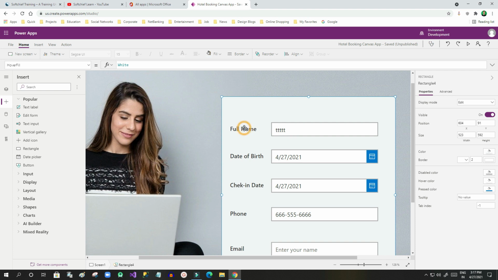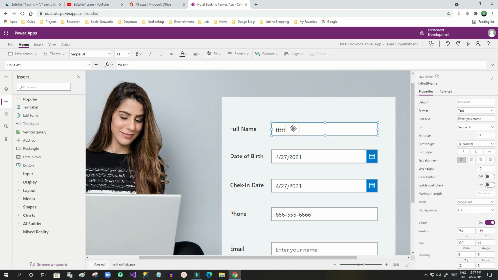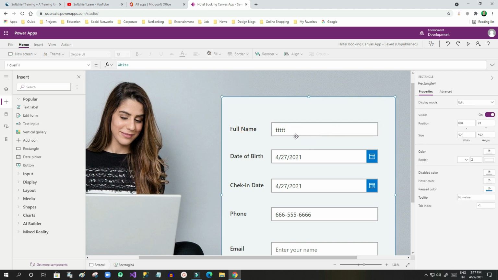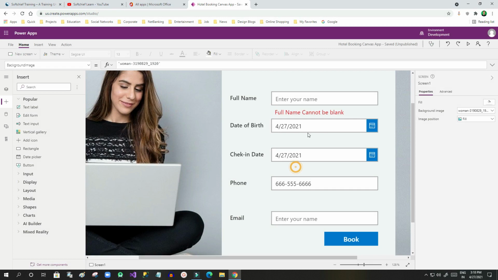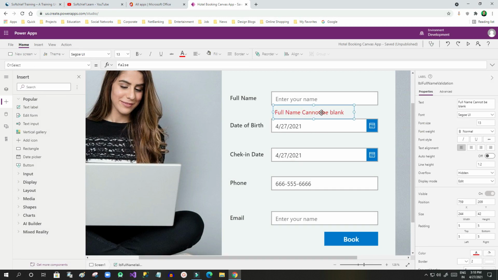For full name validation, I have to take a label below the text box which will display the error. Let me blank it and go back. See, this is the label which will act as the exception or error if someone doesn't give a full name value.